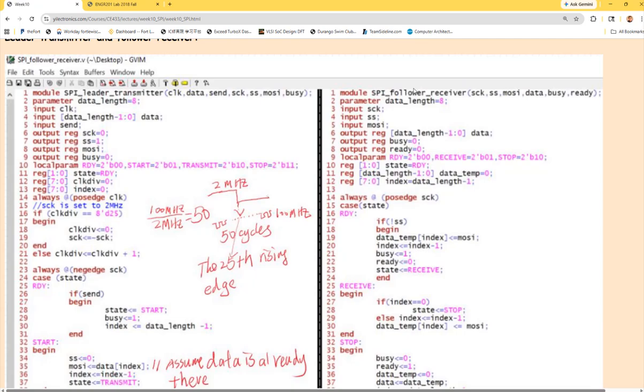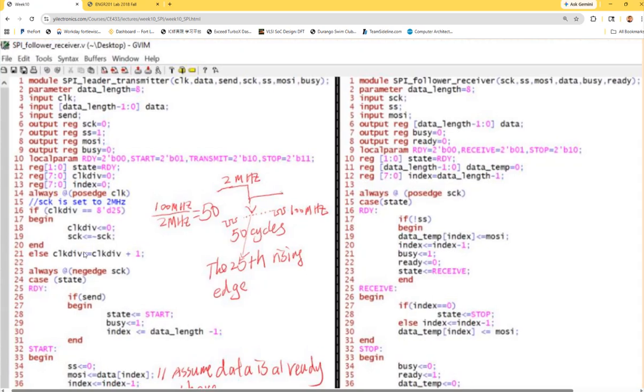And for follower receiver, it's also MOSI, right? So leader transmitter and the follower receiver, it's just one line. That's why it's two modules in two different blocks, but we are talking about the same data line. Okay? So because the leader is transmitting data,